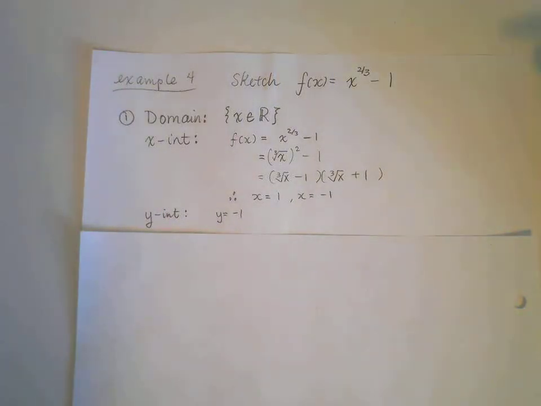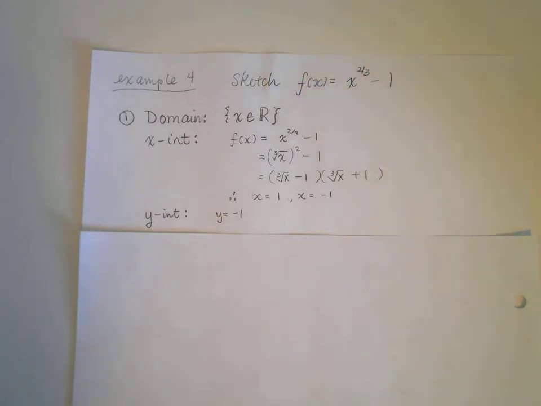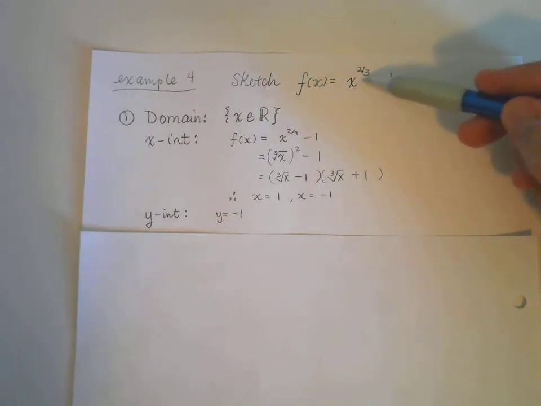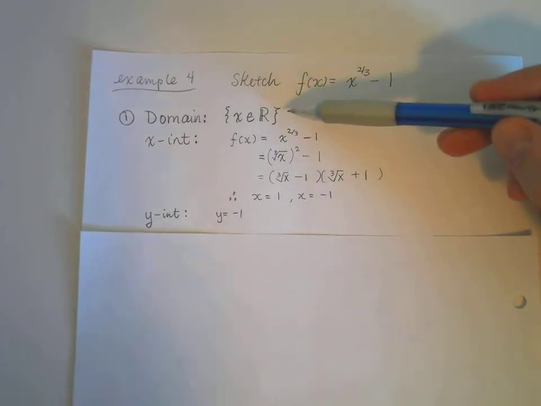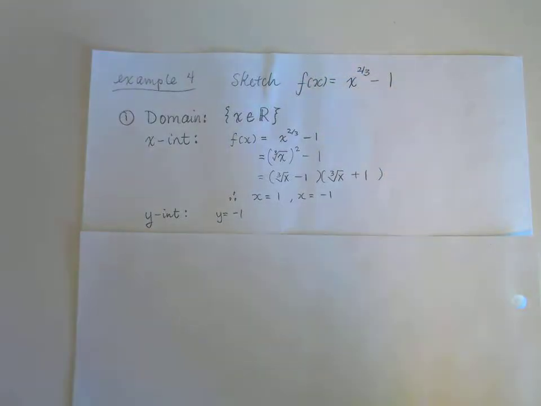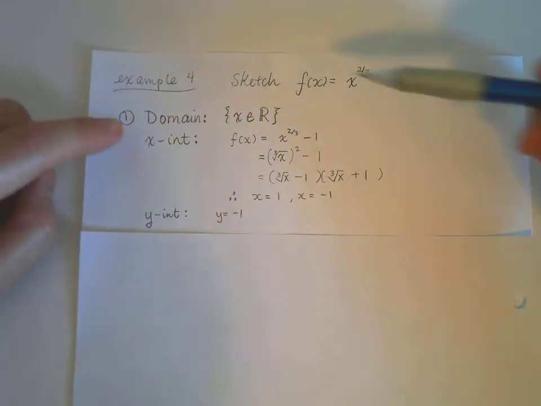Last example here, we're going to be sketching this x to the 2/3 minus 1. So we've got this rational exponent, and we'll have to see what that actually looks like. Okay, so following the components of the curve sketching algorithm in my own personal way, I'm going to look for